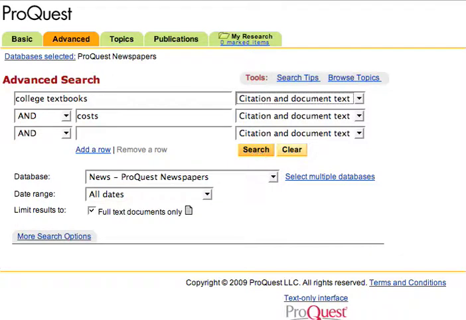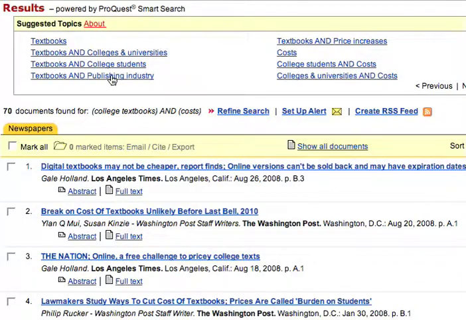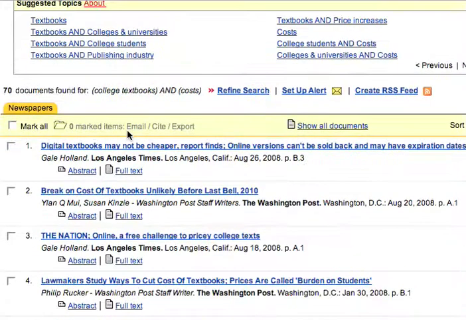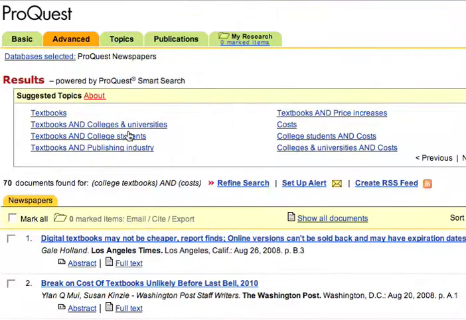But then I do a search, and I get a list of all the articles in the database that have those words in them. And I came up with 70, which is a pretty good search. But also at the top, I came up with subjects that relate to the topic that the database thinks I'm looking for, which is incredibly helpful, because you can see they actually have subjects in here,